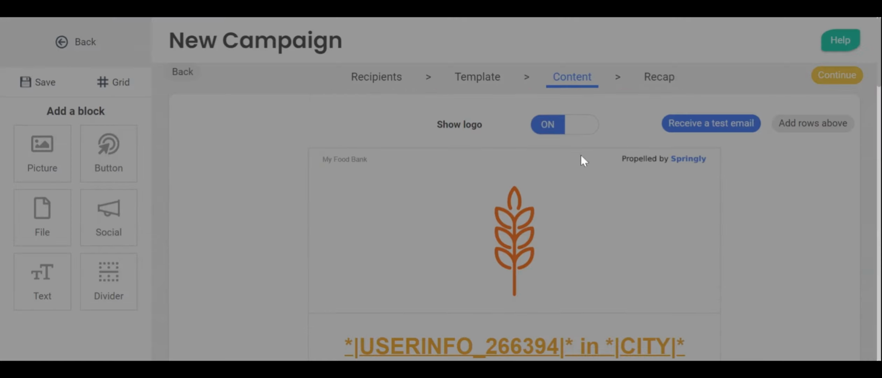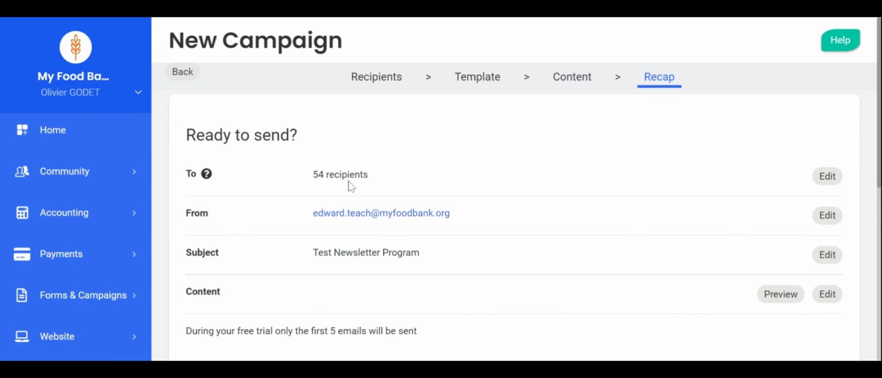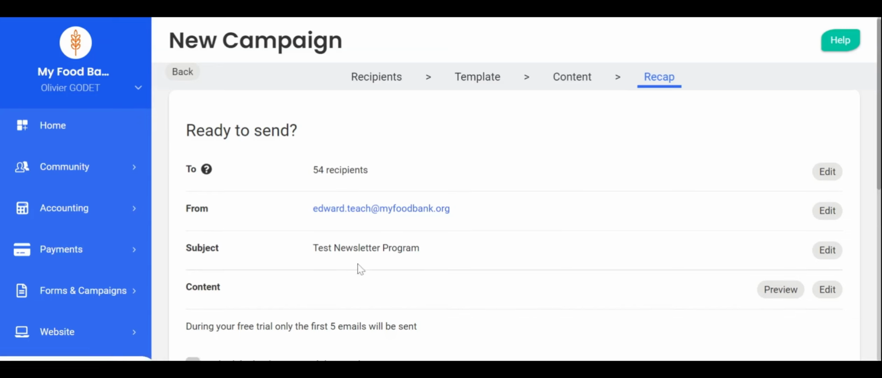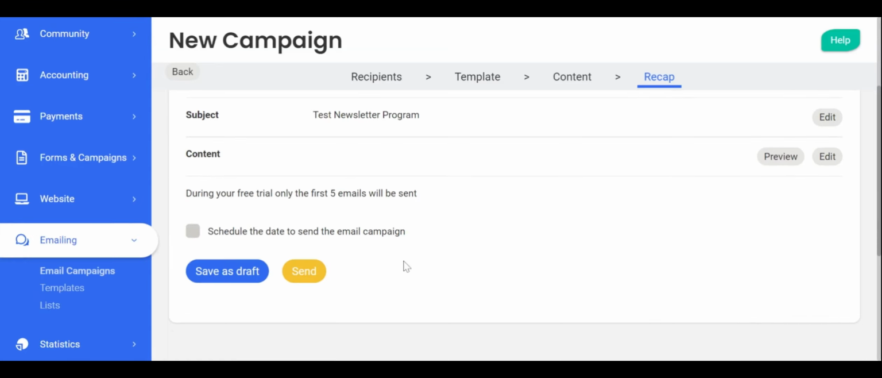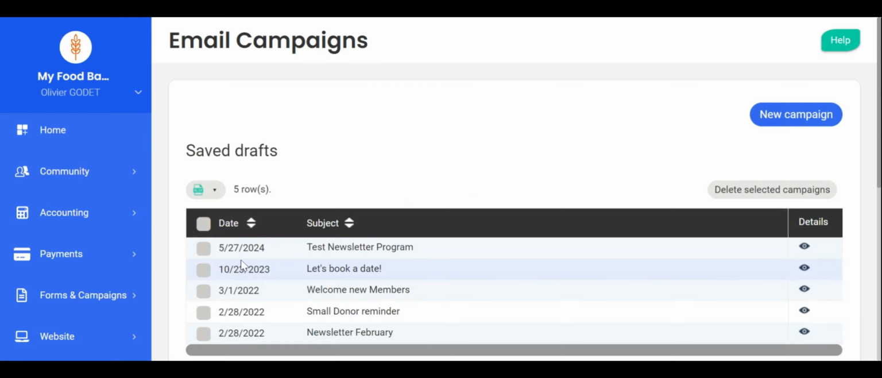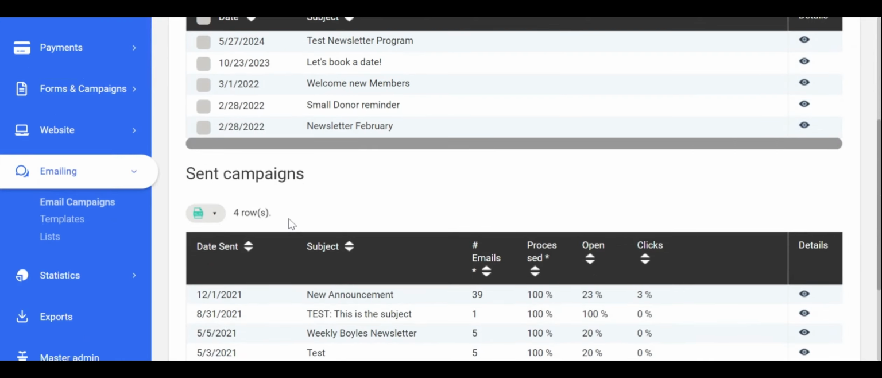Then you continue. You get a short recap. So it's going to be sent to 54 people. You can schedule the date to send the email campaign if you want, etc. Let's actually save it as a draft. I'm going to send that later. And once it is sent,